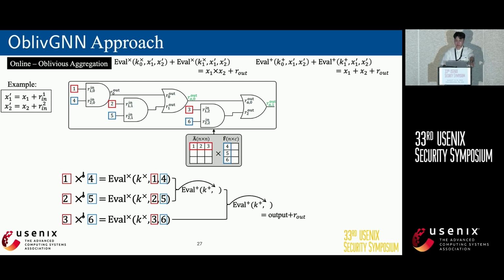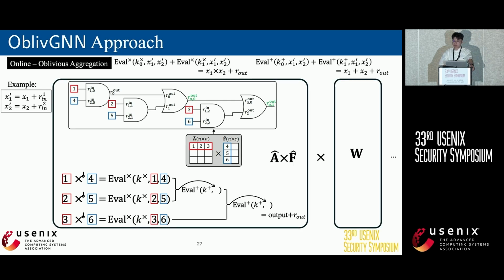As shown in the figure, the masks are carefully chained together because some of the R out are actually fed in as the next layer's R in. The FSS key generation is also performed in such a way to ensure the entire oblivious aggregation is done correctly. The FSS evaluations are performed layer by layer to construct the oblivious matrix multiplication. Similar operations are repeated for the weight matrix. After that, the first layer of aggregation is done.